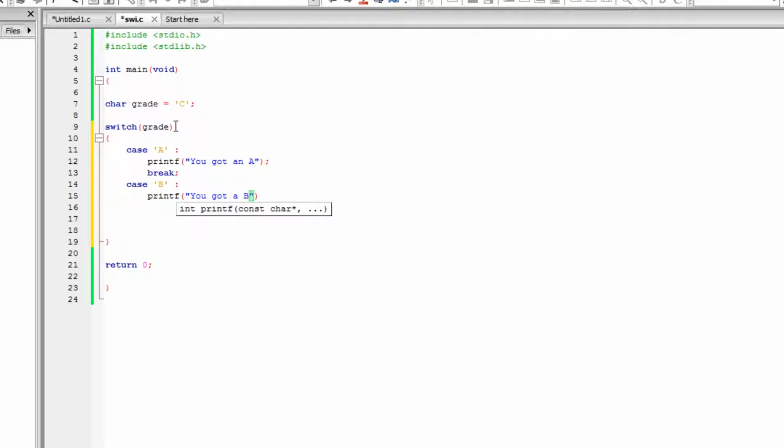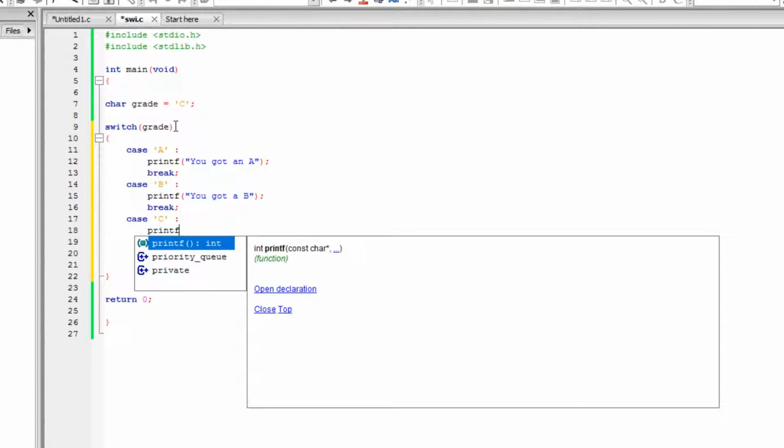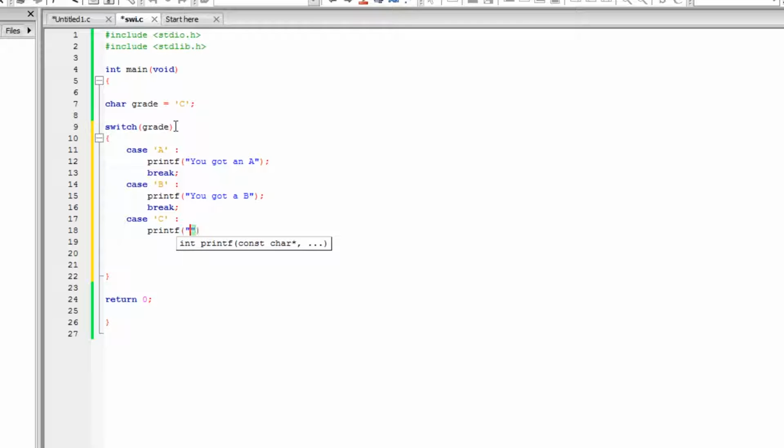you got a B. I think you can kind of see where we're going with this, but I do want to show you how it works. Okay, same thing with the break. Another case. C, which this is actually the one we'll be testing. Printf. You got a C, and that is hopefully the one we'll see,